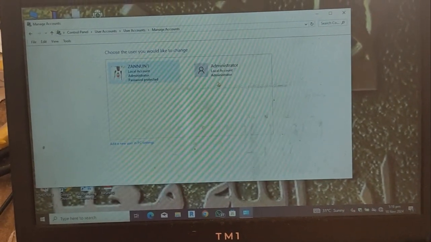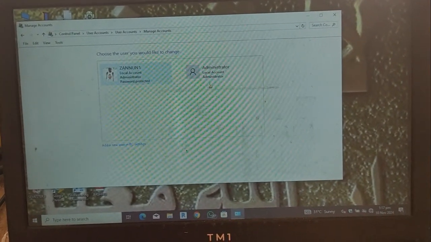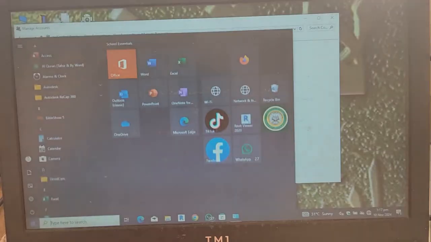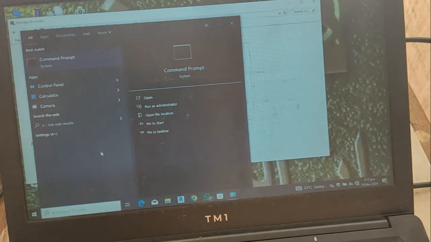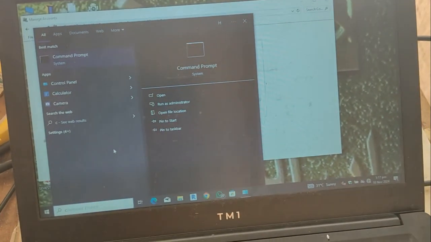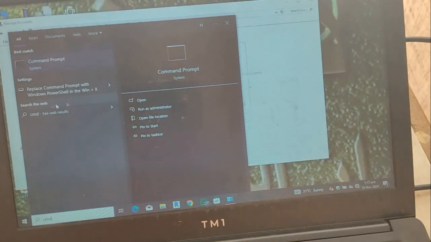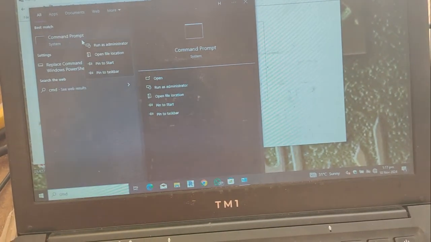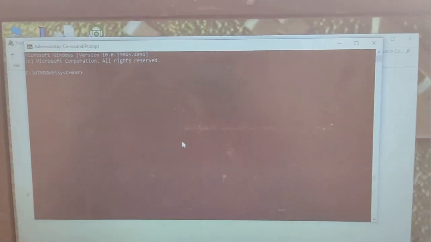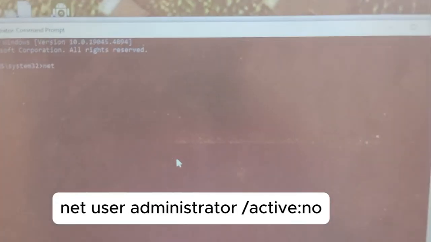So let's disable that. Now to disable it, just go to your start and search for command prompt, type in CMD. Right, this is CMD. To run as administrator, just right click and then run as administrator. Click on yes. Once the command prompt opens, just type in net user